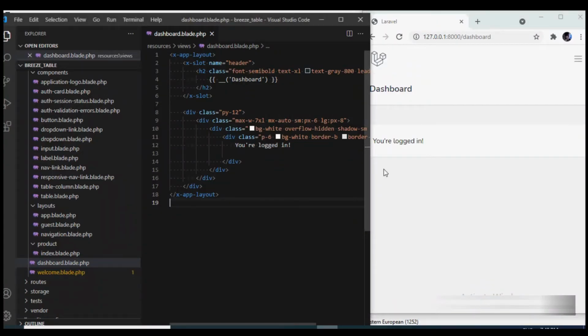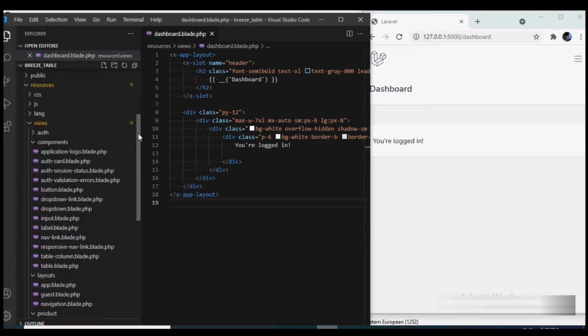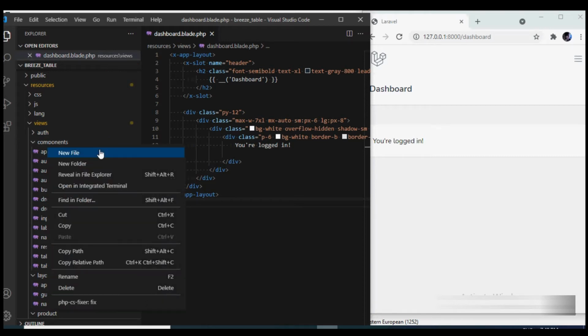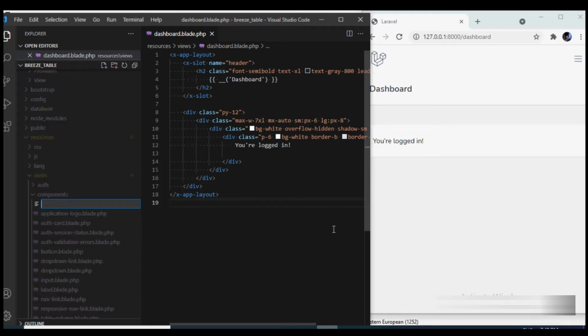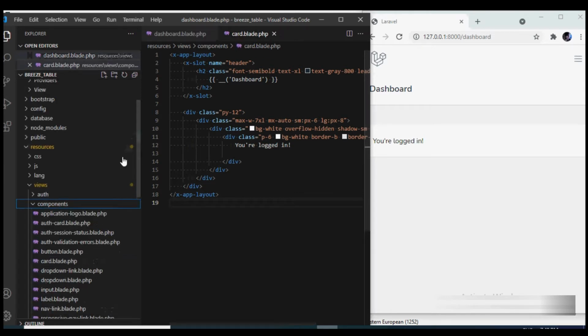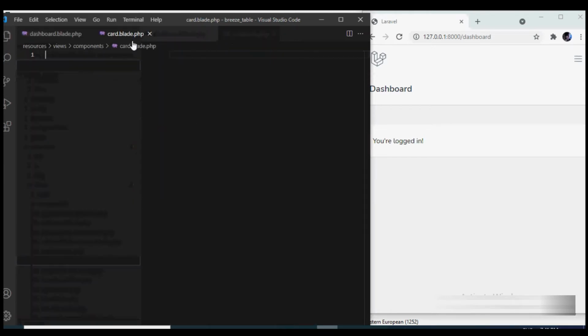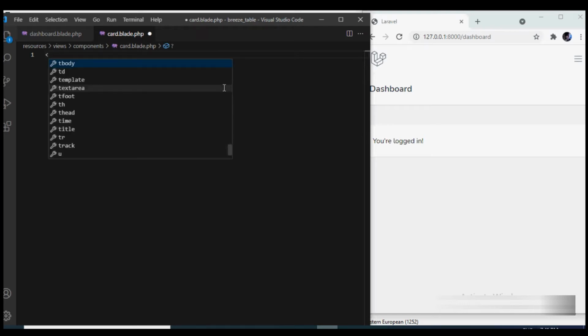Alright, let's see how we can create our component. In order to create a component, you need to go to the resources, views, and components directory. Here you can create a component. So I'm going to create a new file and I'm going to call our component card. So I'll create a file card.blade.php, and within this file I can write the HTML which would be returned by this component. So I'm just going to return some HTML,